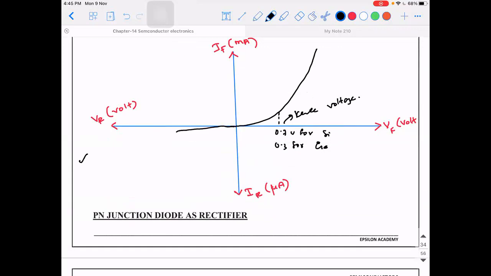Till a point called breakdown. Because in the reverse characteristic, it is acting like an insulator. Depletion region size is increasing. After that, you can observe that there is a sudden rise in the value of current, but the rise in value of current will only be in terms of microampere, whereas in the case of forward characteristic, it is in terms of milliampere. So what is this voltage called? It's called breakdown voltage.